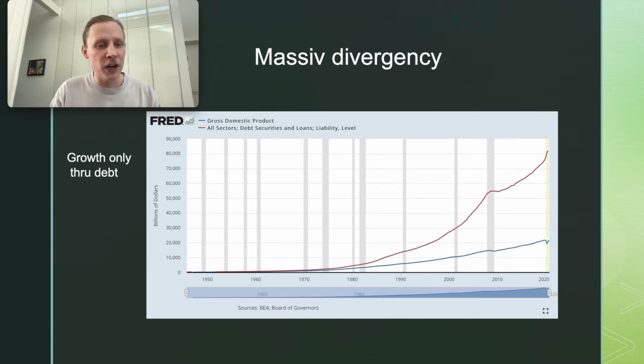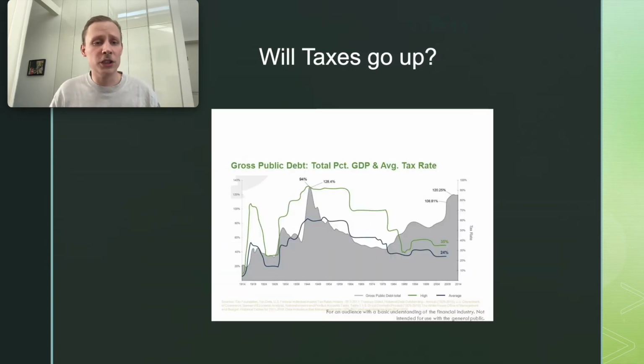You need $5 to $7 to produce $1 of real growth. Also, our next question is, you can see here a chart. Every time the debt is going up, the taxes were going up. We live in an age, or in ages, where taxes were at a stable stage. The question is, are they going to stay like this?